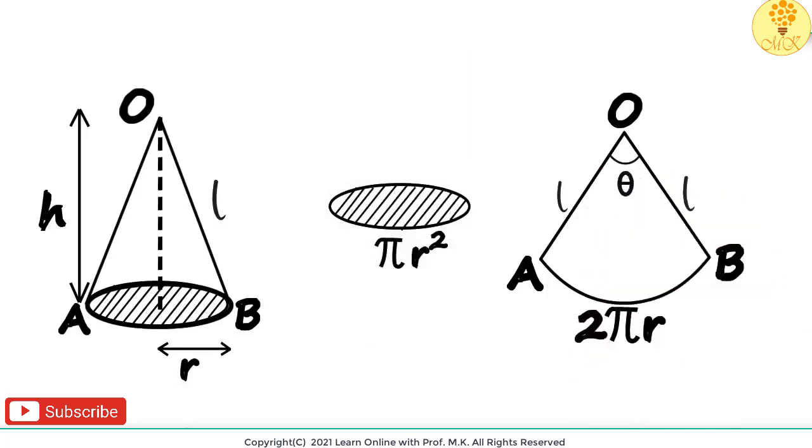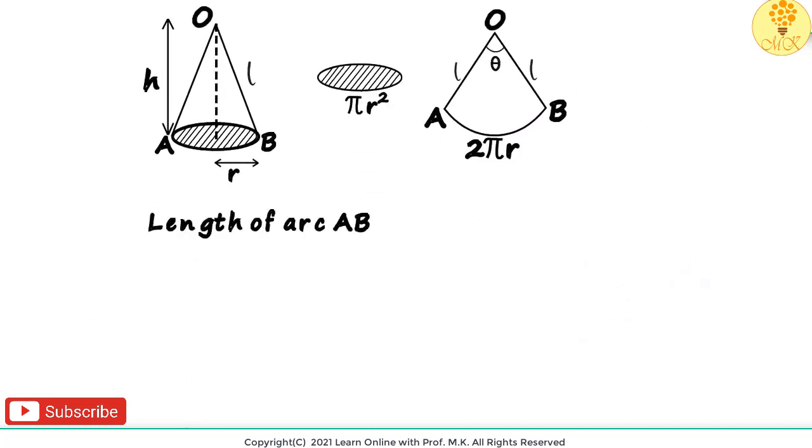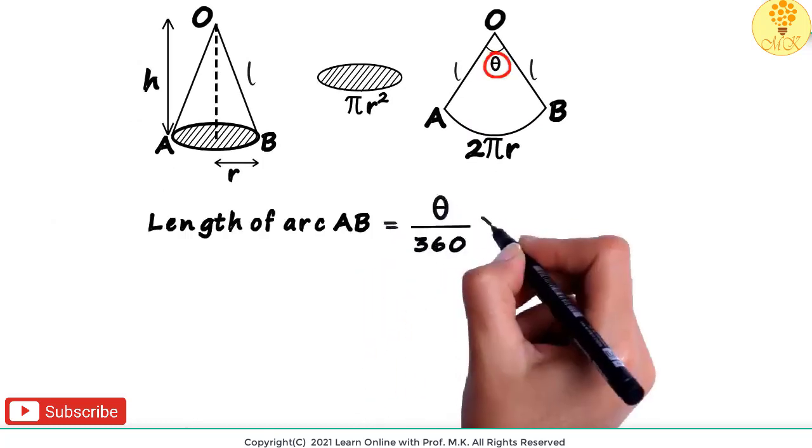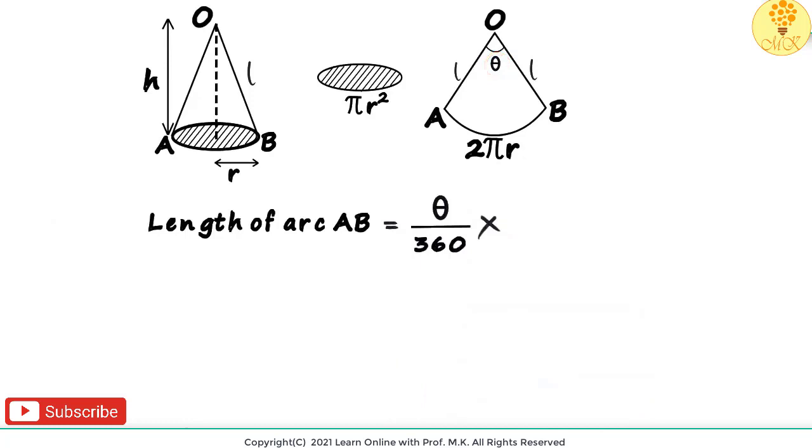Now we are ready to find the area of the sector. And it gets even more interesting. There is another way in which we can find the length of the arc AB. Let's zoom out to look at the other way. It will equal theta by 360 multiplied by the circumference of the circle with radius OA and OB. What will be the circumference of the circle that is formed with this as the sector? It will be 2 pi L, since L is the radius of the circle of which this sector is a